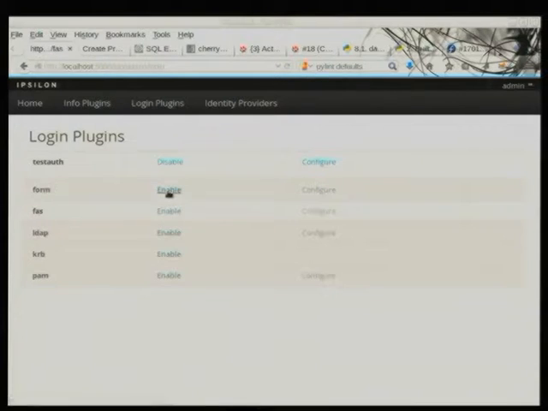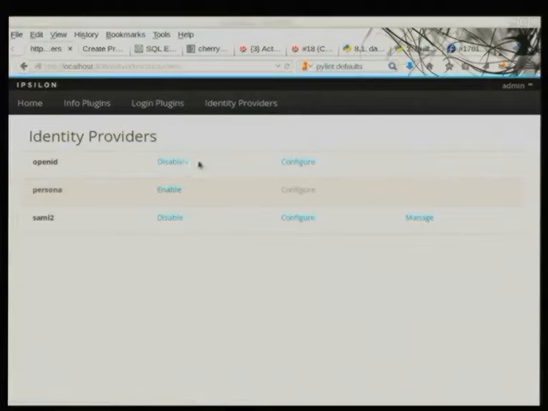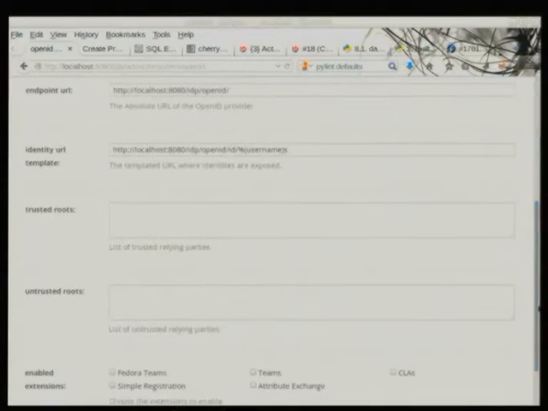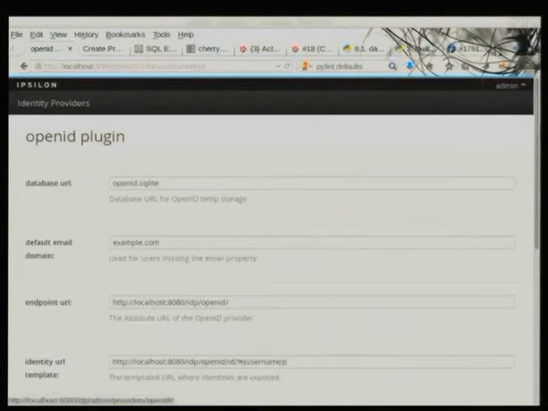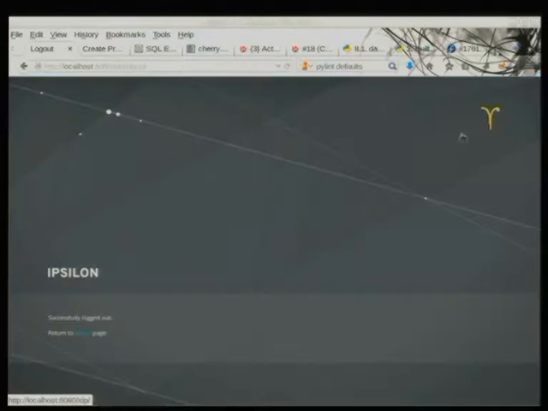And so there is one I enabled before, I enable again. It's called FAS, which will allow you to actually use the Fedora authentication services for your authentication. So your Fedora login, your Fedora email and password. So if you enable that, and if your identity provider based on OpenID is enabled, which it is, you can do things like configure filters so that you allow only specific things. Like I could put a filter in here that says allow only the Fedora IDP, the Fedora infrastructure to work. Then by just enabling these things and going out, you can decide to try to log in with Fedora infrastructure